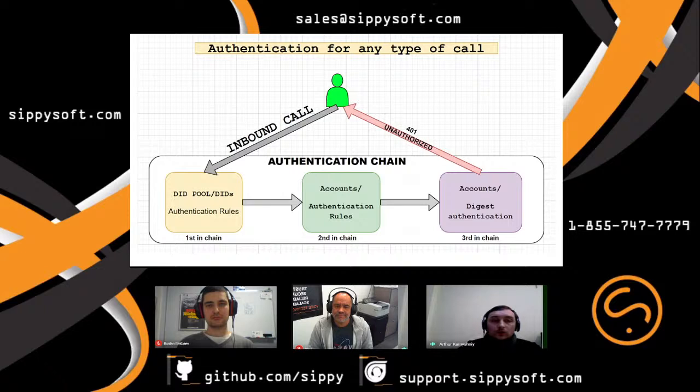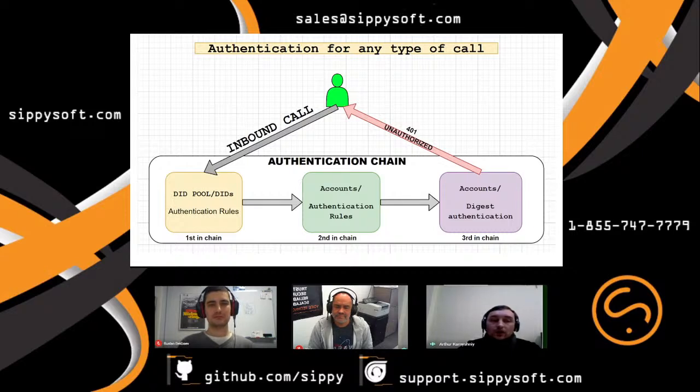So when the inbound call comes to the Sippy soft switch, the very first place, with the highest priority, is the DID pool section, and the system tries to find the matched rule in this section.